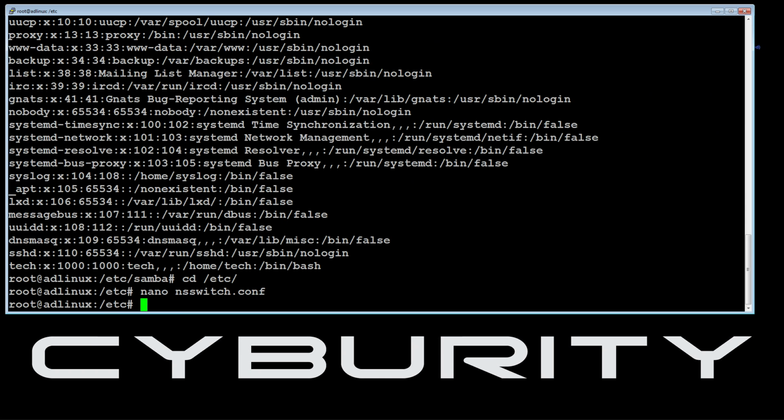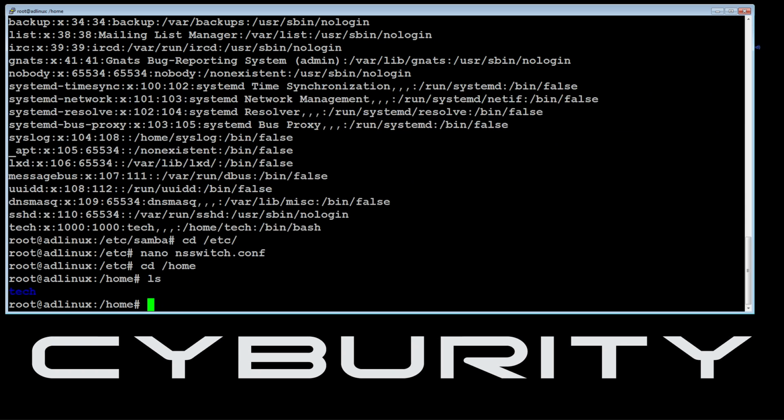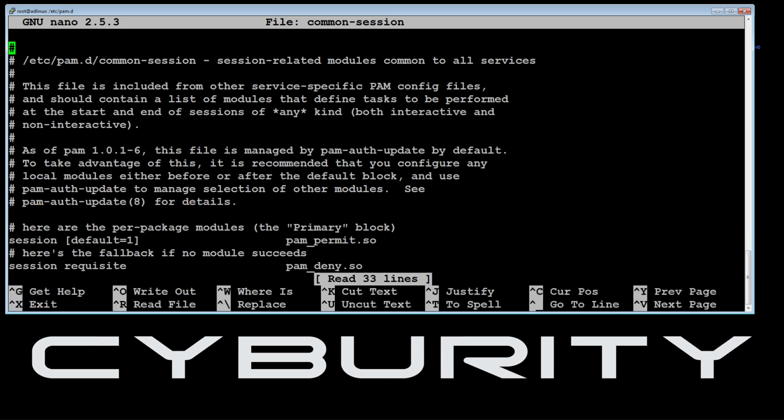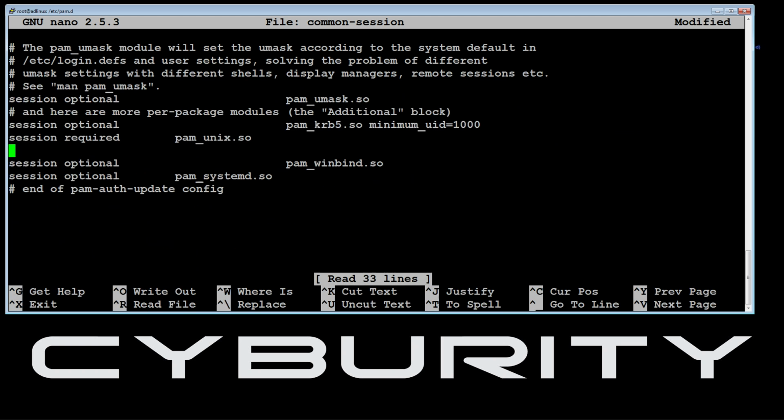Now, one of the things, if I were to log in right now, if I go to the home, I don't have home directories for josh.jones or kyle.stanley. So the pluggable authentication module that we talked about earlier that allows Linux to switch out what kind of authentication measures you have, we can go edit the common-session, and we can scroll down here, and we could put in here after this pam_unix required, we can put in session required, and we can use the